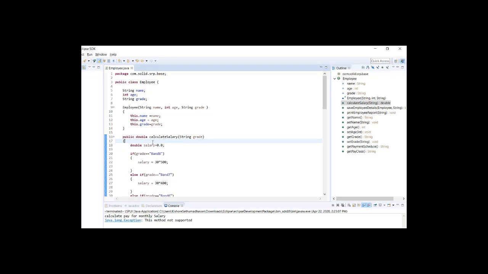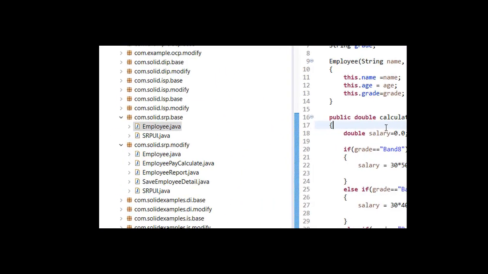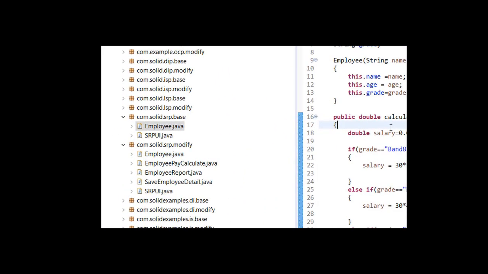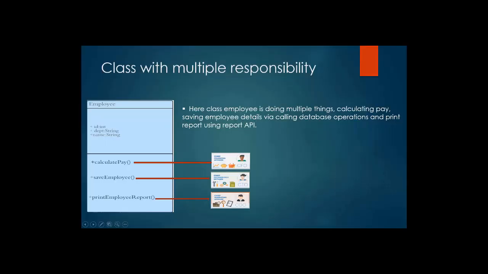We will be looking into two packages. The one under com.solid.srp.base is code which is violating the SRP principle, and the one in com.solid.srp.modify is refactored code based on the SRP principle. This code follows the Employee class example that we had discussed earlier, the one where the Employee class is doing multiple things like calculating pay, saving employee details, and printing the report.